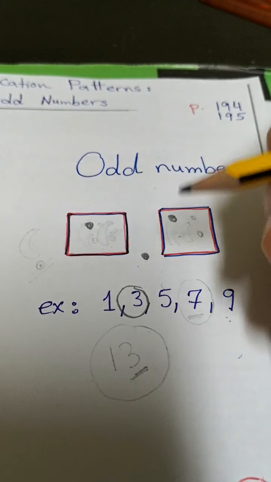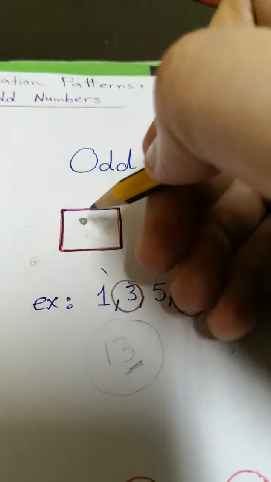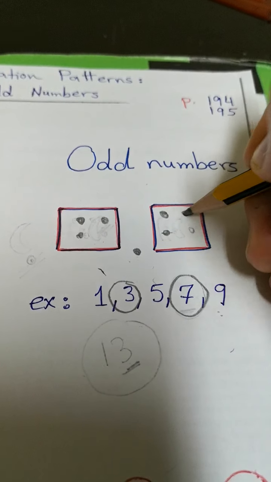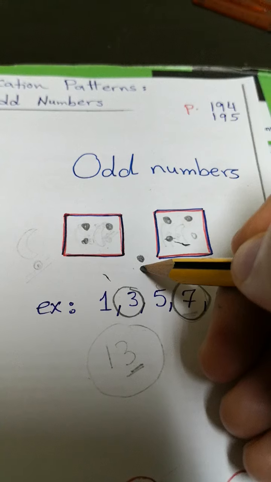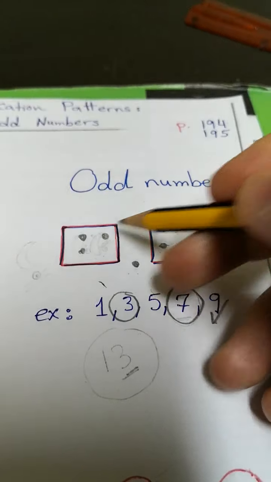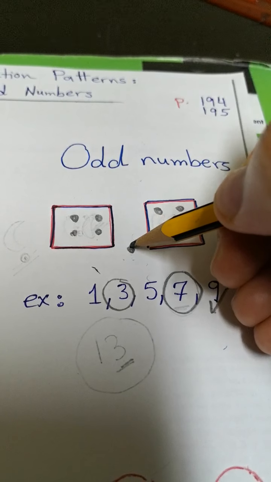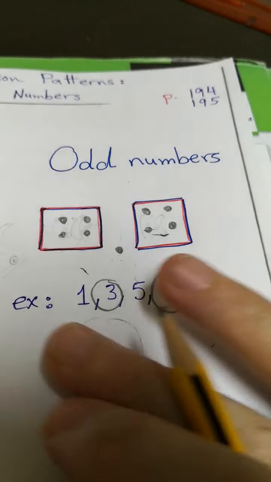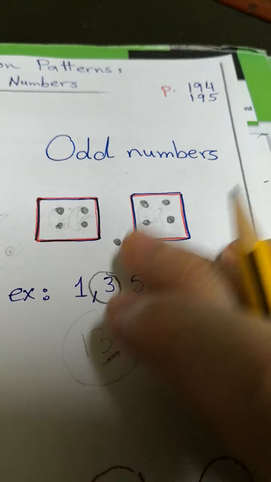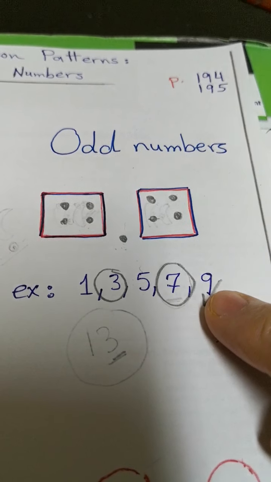It is extra. But if I have 7 marbles, for example, I divide them also: 1, 2, 3, 4, 5, 6, and also I have one extra. If I have 9, for example, 1, 2, 3, 4, 5, 6, excellent, 7, 8, and also one extra or one left over. So any number you can't divide equally without a leftover, where you must have one leftover or one extra, is an odd number.